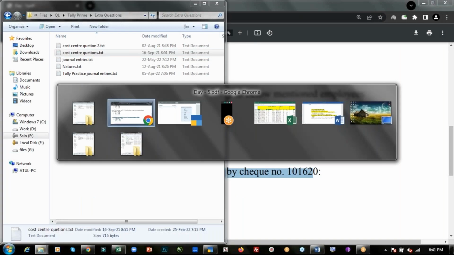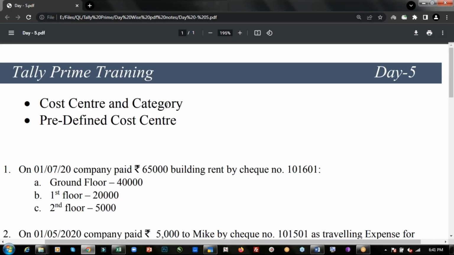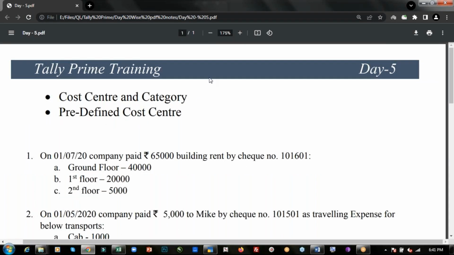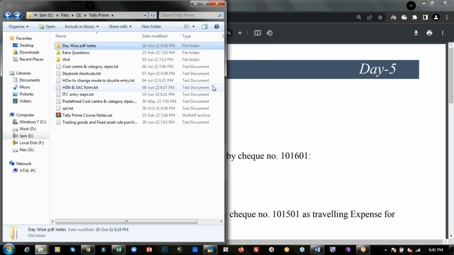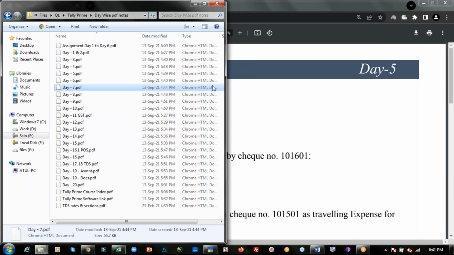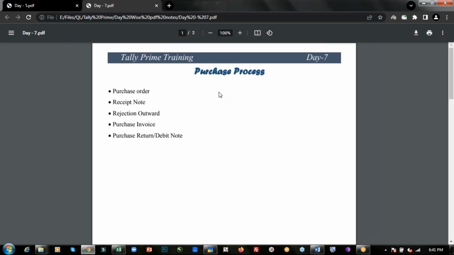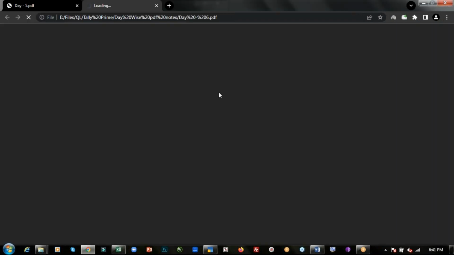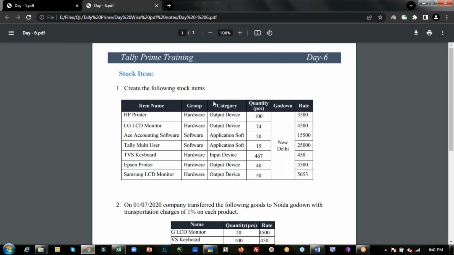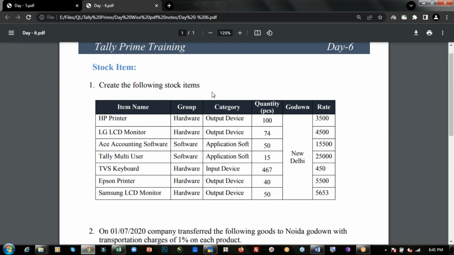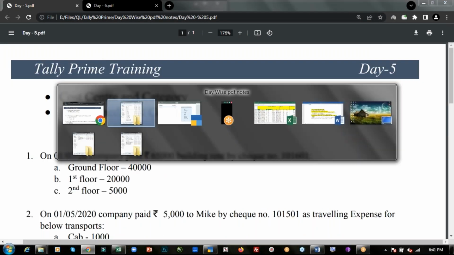So we have, guys, created the cost centers and predefined cost centers both. If you still have any kind of confusion in these two, you can ask. The next topic which we will discuss will be the stock items creation. This topic we will discuss in the next session. So if you have any doubt, any query in the day 5 PDF or in